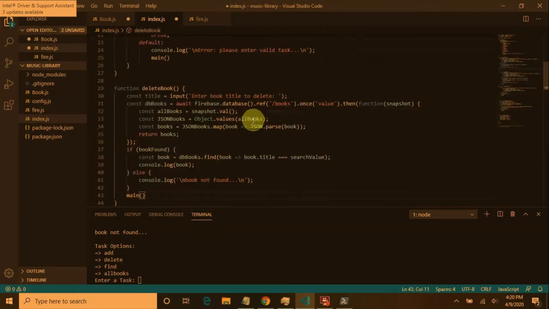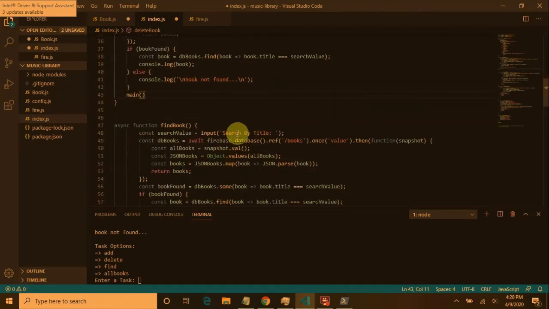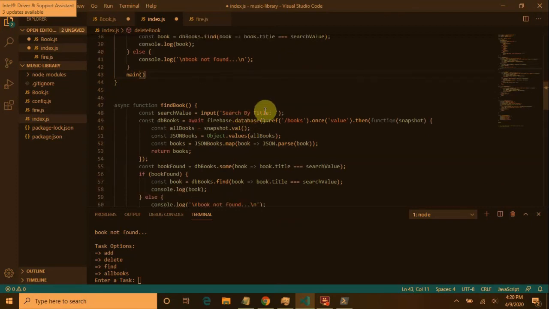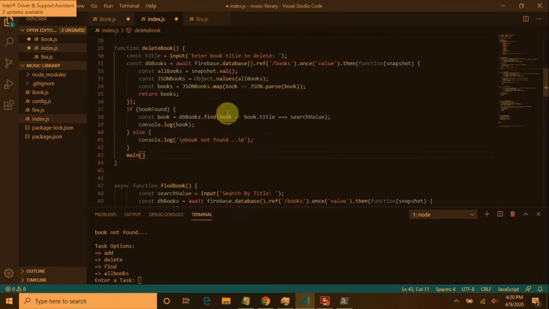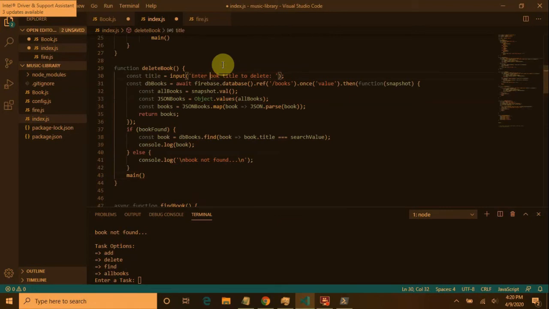All right, so value snapshot.val, find book search by title. Let's keep consistency here. Book title to delete,